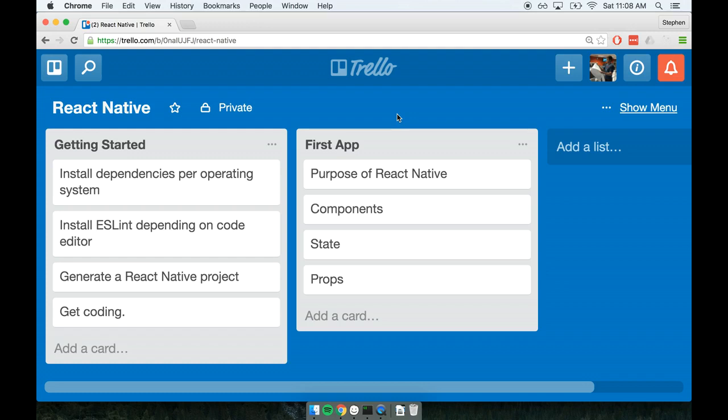Let's talk a little bit about our roadmap to developing our first application. The first thing I'm going to do is install a couple of dependencies, and these are going to be different depending on your operating system. So you might be taking this course on either a Mac or Windows or Linux machine. Depending on what machine you're on, we're going to go through a different set of installation directions to get started